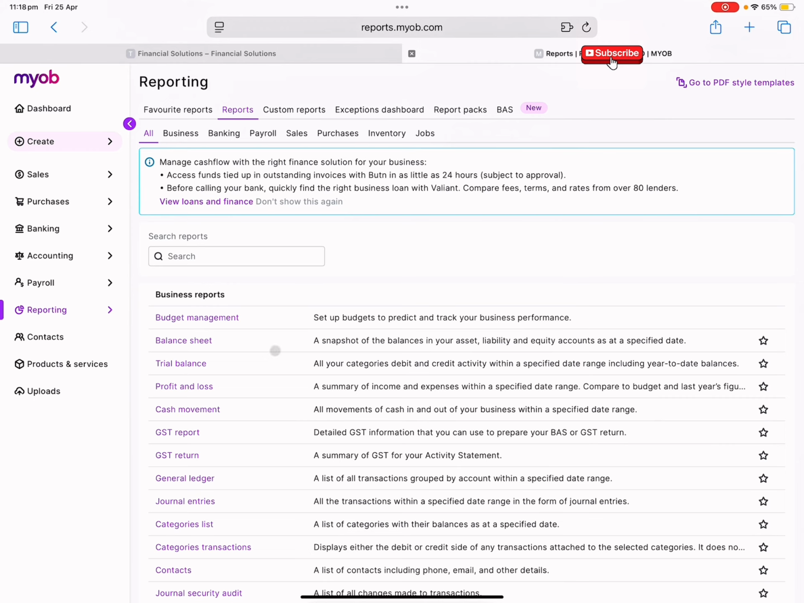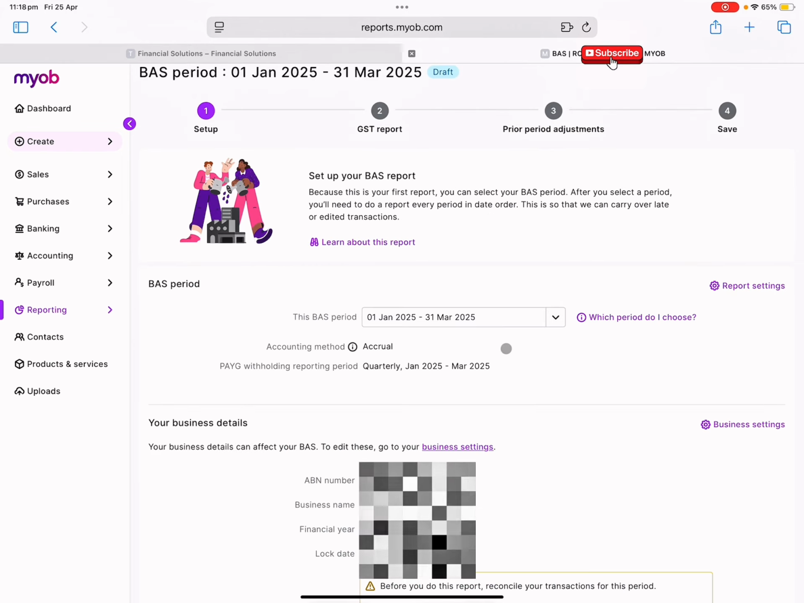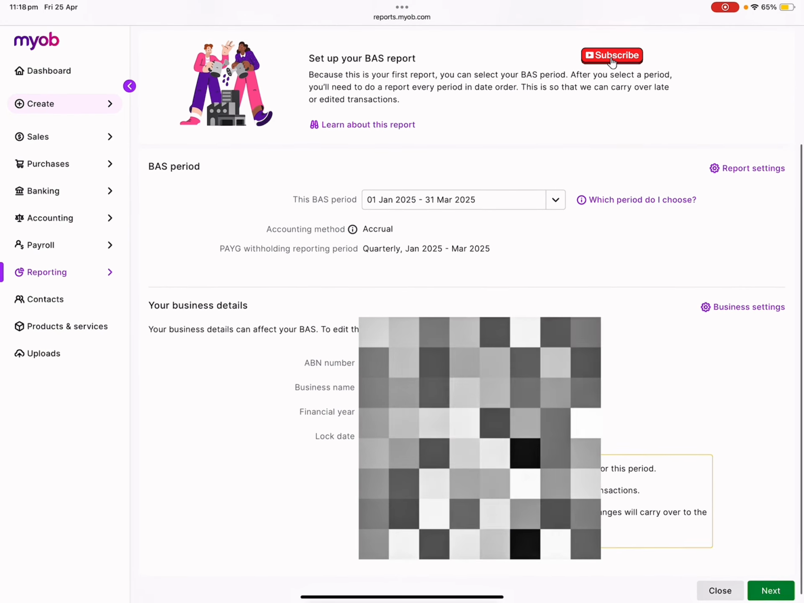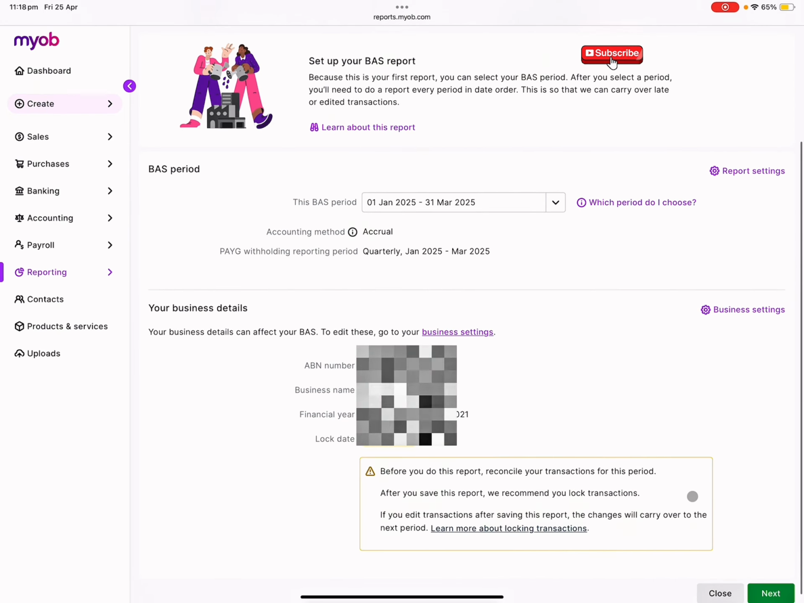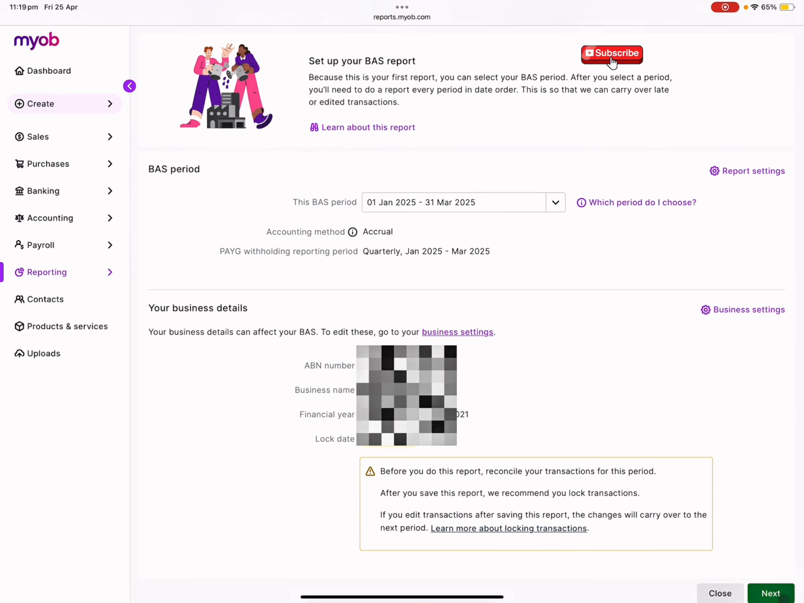If you do not have an accountant, or you want to lodge it by yourself from MYOB, you have to register yourself. You have to register your software with the ATO, and then you can just create new and decide which period it is, so quarterly January to March, hit next, and check the accounting method, if it's accrual, or you can go on to report settings and make changes if you want. We made these changes when we initially set up, so no need to double check. So you can hit next,